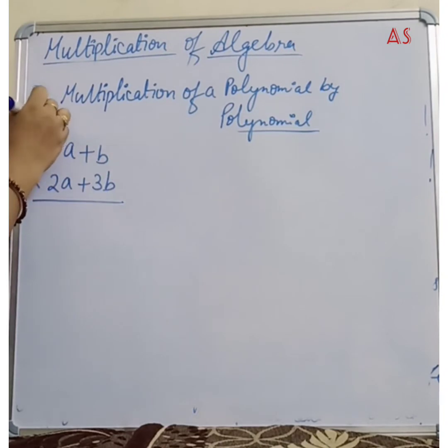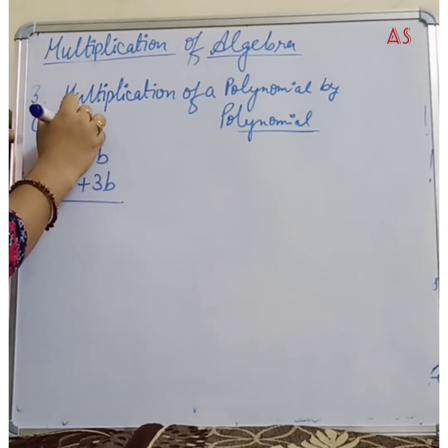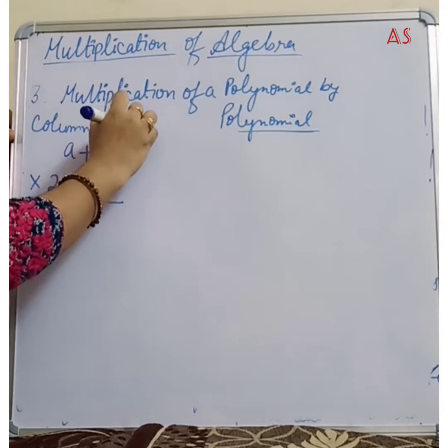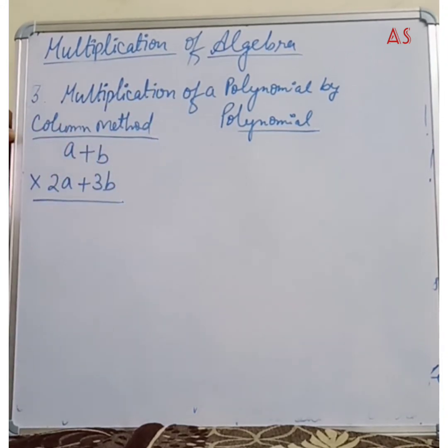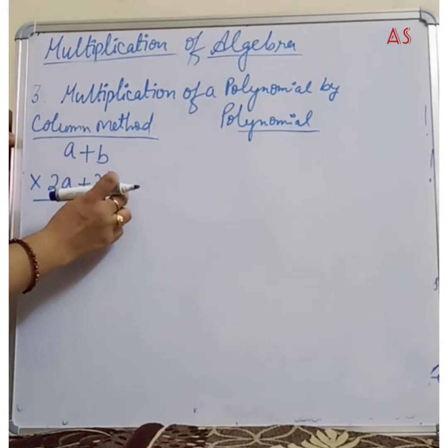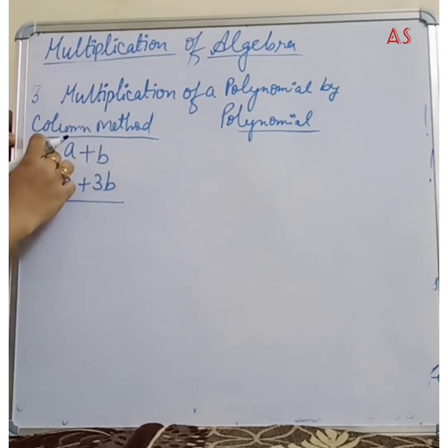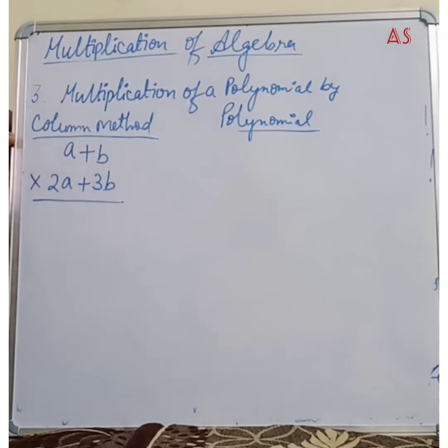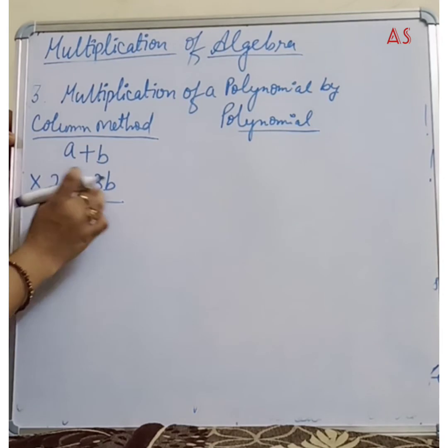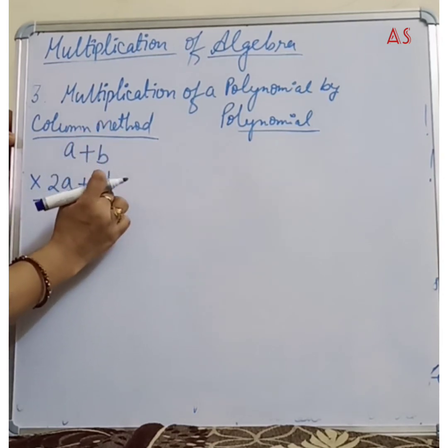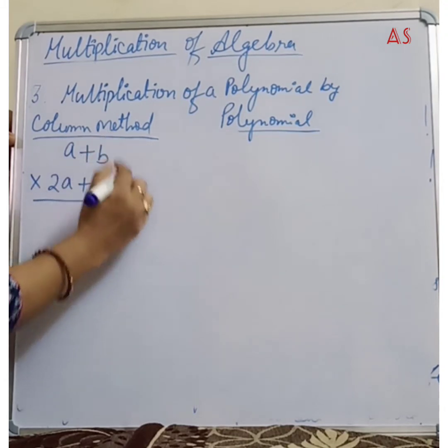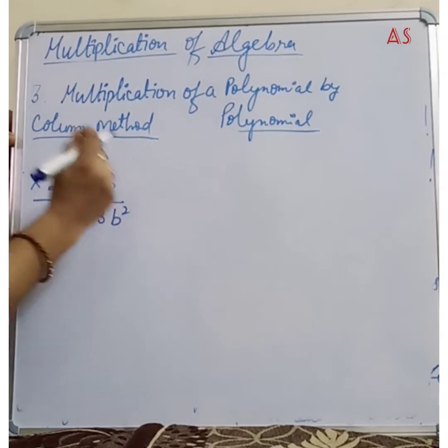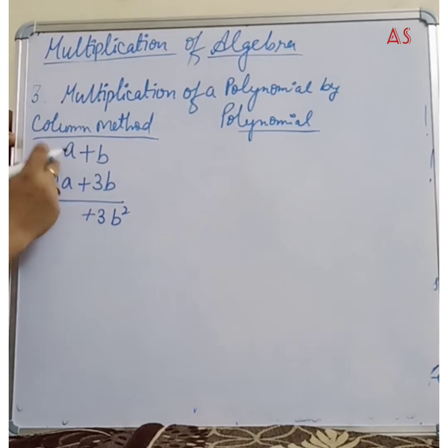So firstly we will do column method. Which method is easy for you? You can adopt that method only. This question firstly we will do column method, then we will do row method. So column method, what I told you, have to multiply first with both, then second with both. So plus is plus sign, 3 1s are 3, and b into b square, power we will add, 1 plus 1. Okay, next is 3 1s are 3, ab.